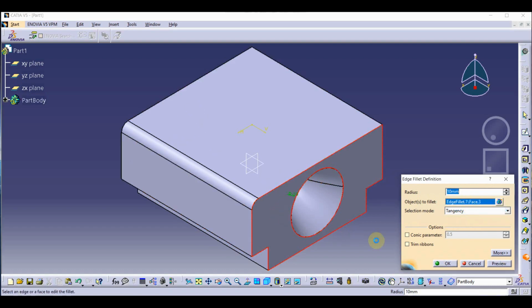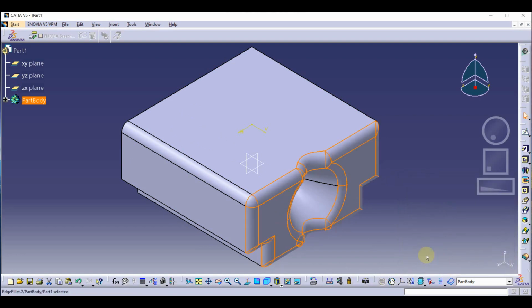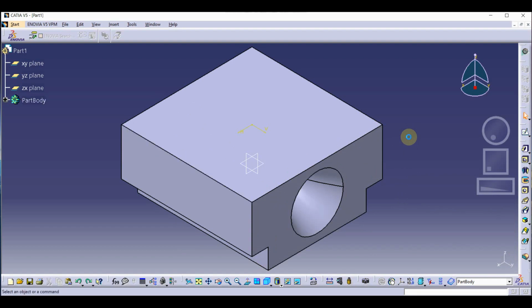Okay, select this and see the preview. Now as you can see, it provides the fillet to the face. So let's undo this one and see the other options that are provided in the fillet tool.